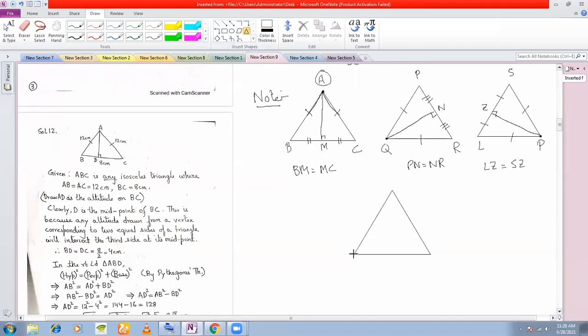But if I have an isosceles triangle in which suppose these two sides are equal, and if I'm drawing an altitude from here, that means this vertex does not contain the equal sides. These two are unequal sides, isn't it? So if I'm drawing an altitude here, that means these two sides will not be equal. Let us call this point P, then BP will not be equal to PC. Understood? Remember this rule always.